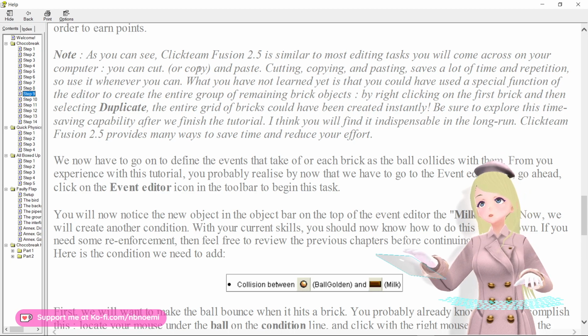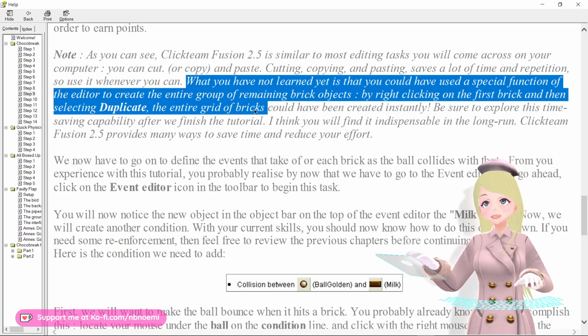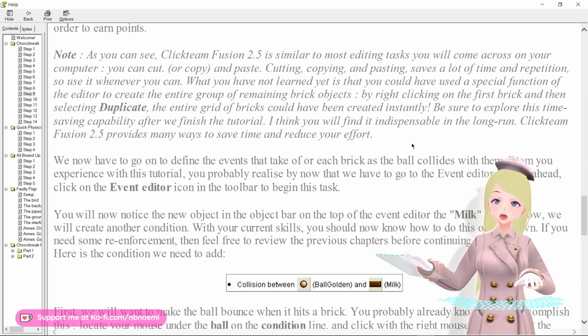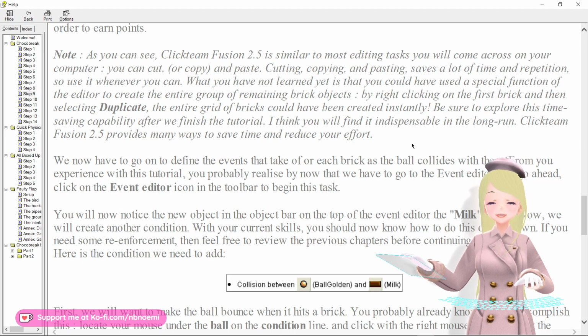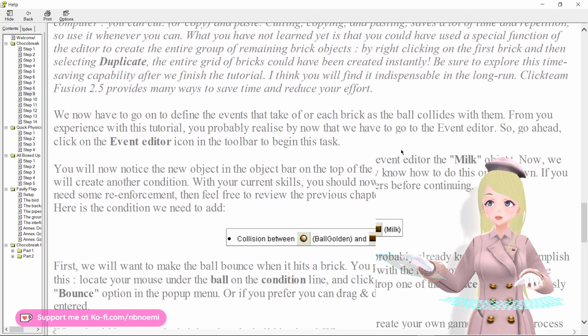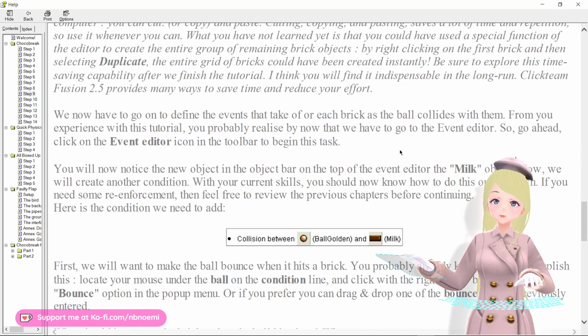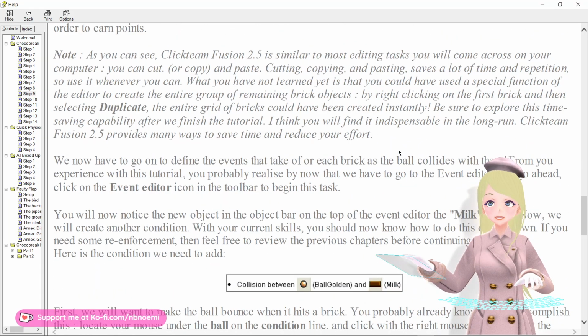So they outline a different way you could do it here. What you have not learned yet is that you could have used a special function of the editor to create the entire group of remaining brick objects. By right-clicking on the first brick and then selecting Duplicate, the entire grid of bricks could have been created instantly. Be sure to explore this time-saving capability after we finish the tutorial. Well, that's something telling us the good way to do it after we've already done it. Anyways,